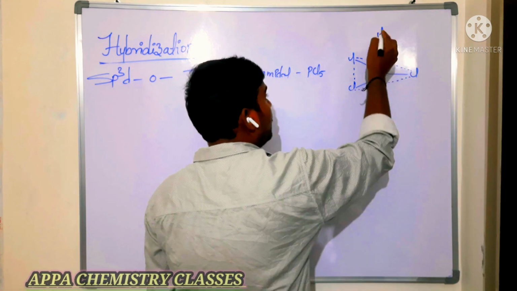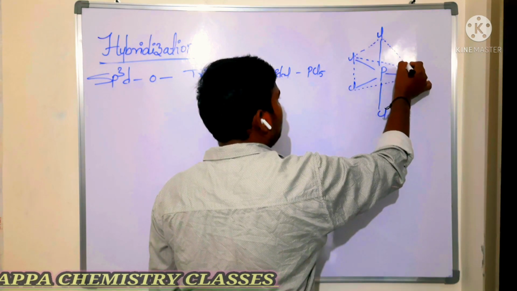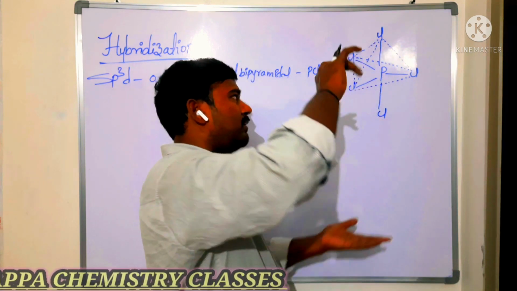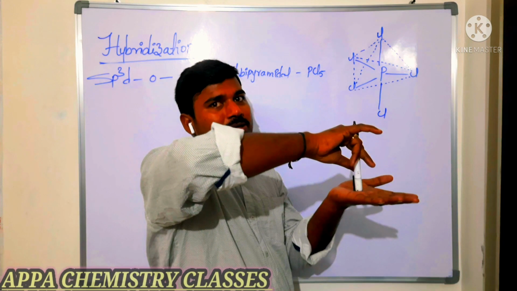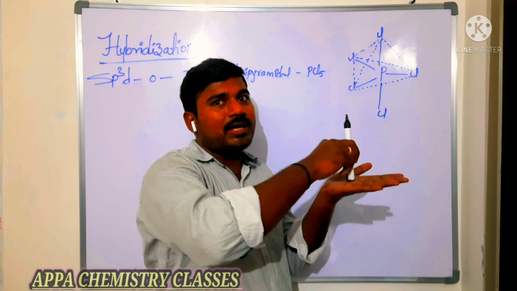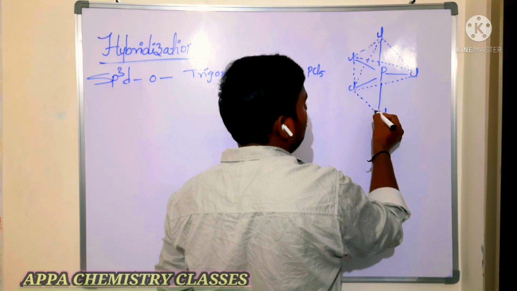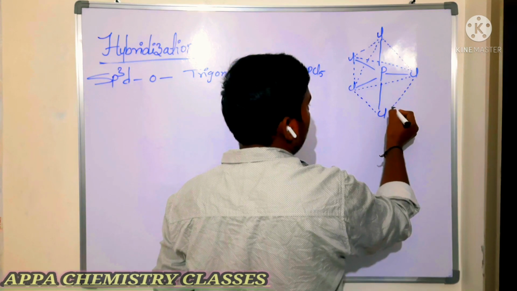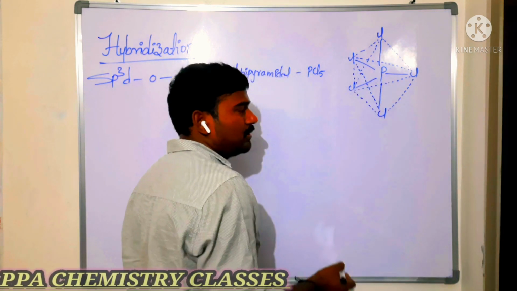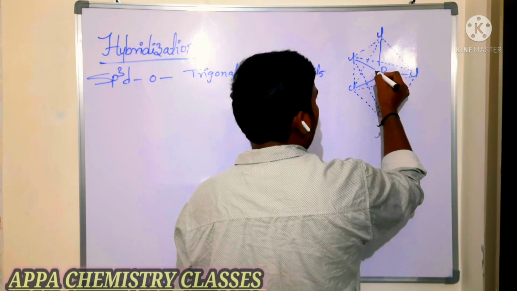It is a trigonal planar and which has the what? Two pyramids. So trigonal bipyramid, no? So it is one pyramid. So it is a plane. To this plane it is perpendicular. Okay na? So it is a trigonal planar. So to this it is an axial chlorine. One pyramid is formed. Another pyramid will be what? This is another pyramid. So this is one more pyramid formed by the chlorine. So it is called what? Trigonal bipyramidal.